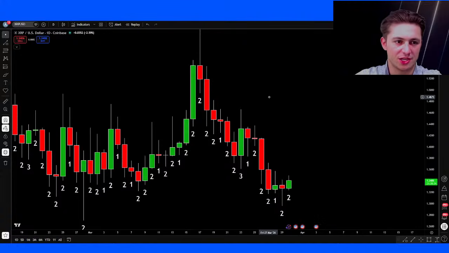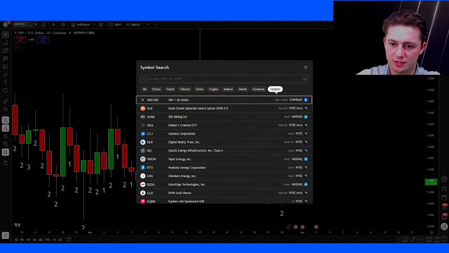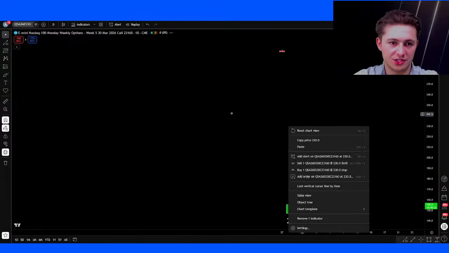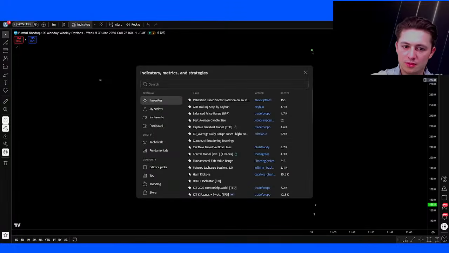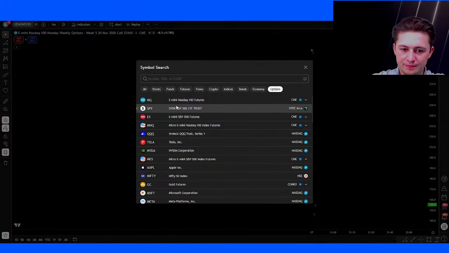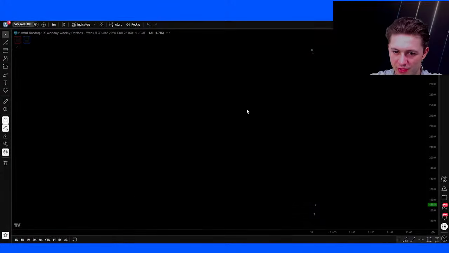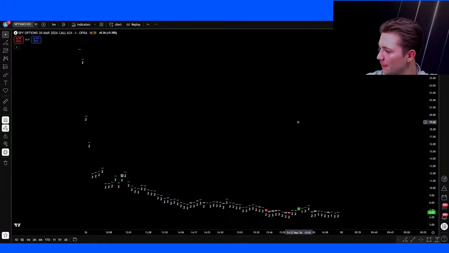Now, if we go and look at options contracts, I'm actually not sure if I have options on here. I don't know if TradingView lets you look at them. Does TradingView let you open the contracts? I know Thinkorswim does. Yeah, these ones are pretty illiquid. The spread on the underlying could be wider than on the actual option. Yeah. But if I say